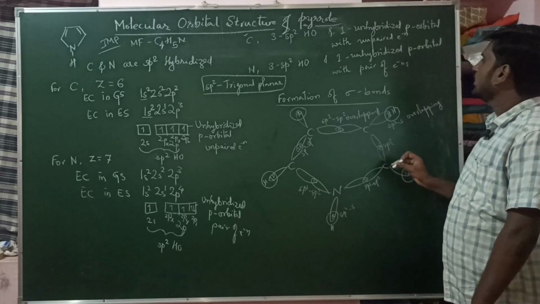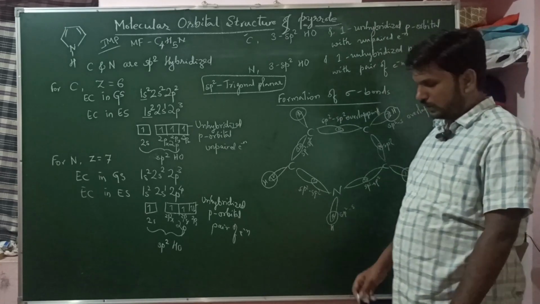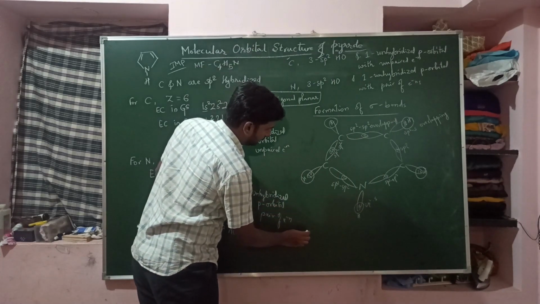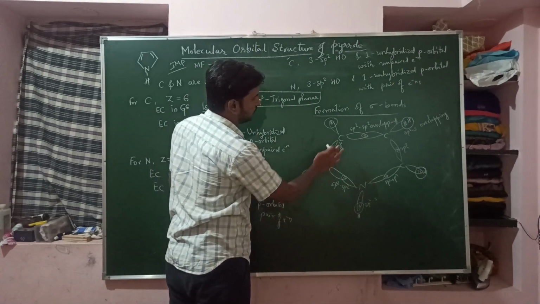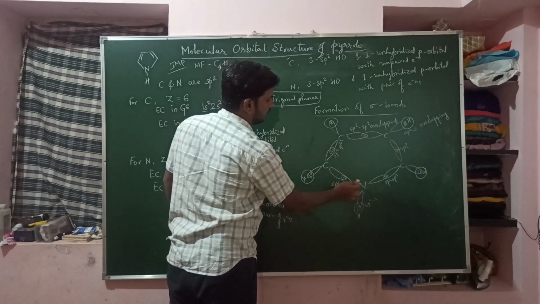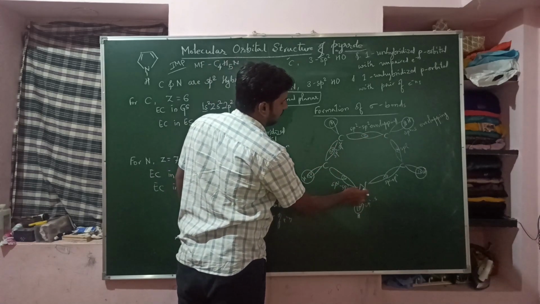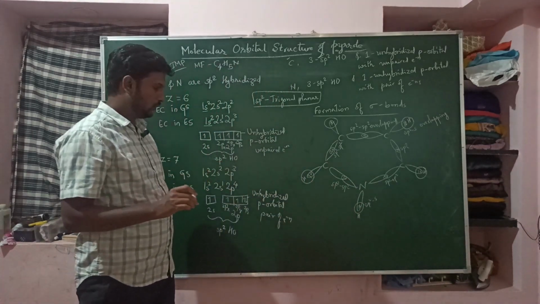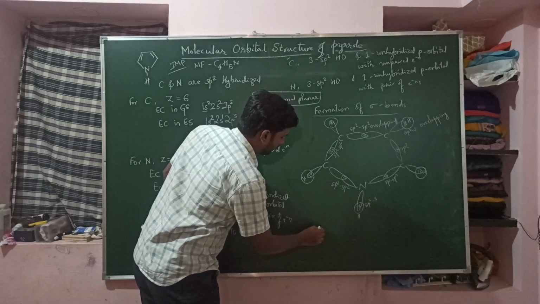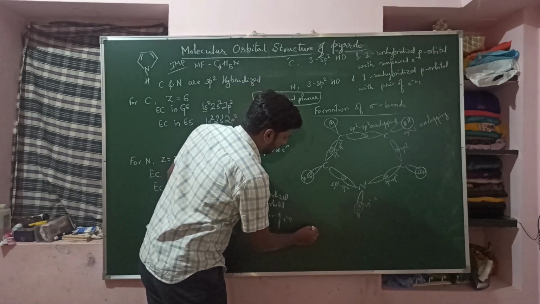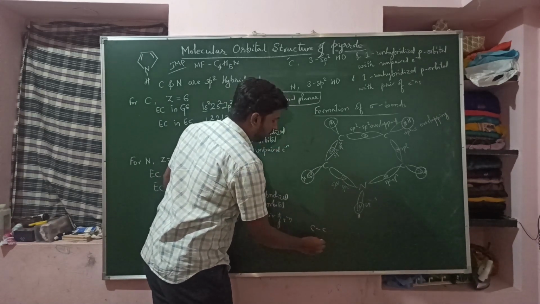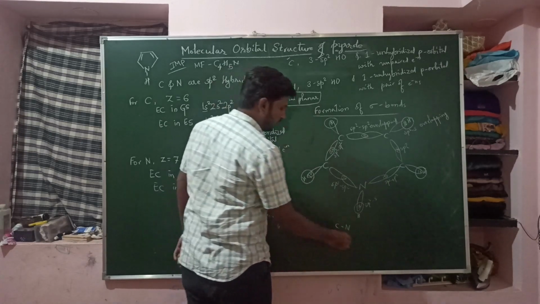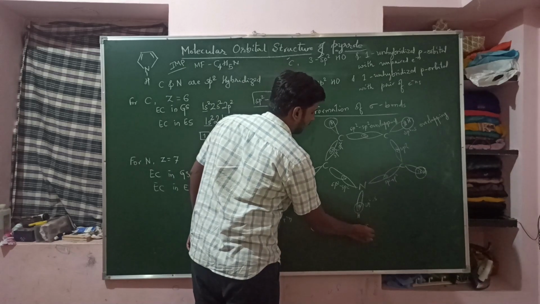So we also have to write the inference of this sigma bond formation at the end. Here you can see there are 4 types of bonds, that is CC bond, CN bond, NH bond and CH bond. So all of these you have to write at the end. First you should write that the carbon-carbon sigma bond and carbon-nitrogen sigma bonds are both formed by